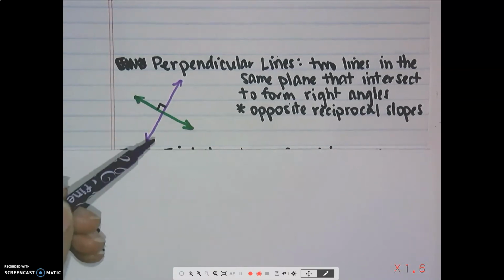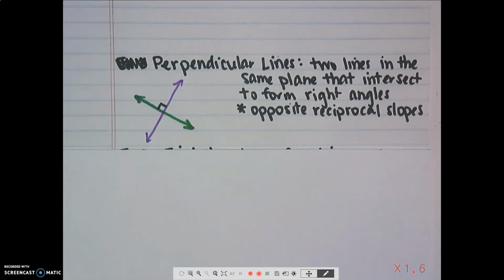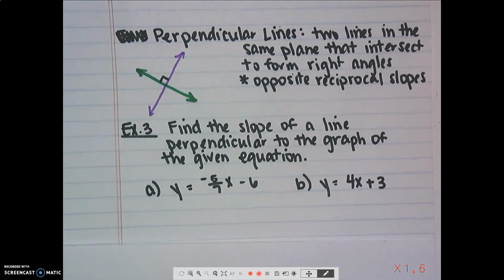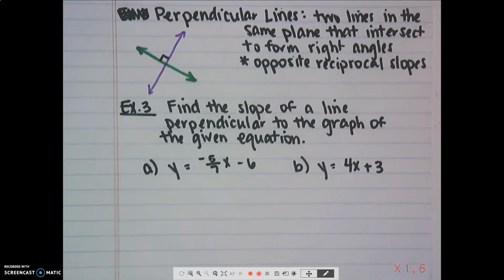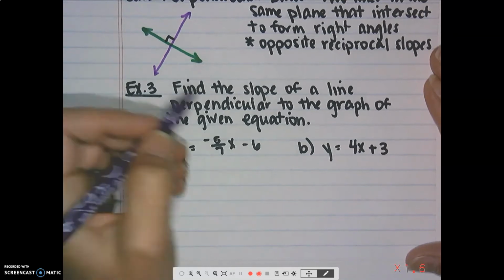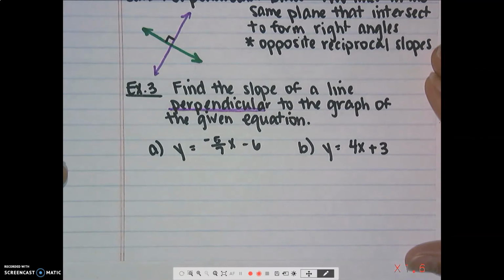Okay, so here's an example of perpendicular lines. You notice that there is that right angle symbol in there. That's how we're going to prove or know, looking just at the picture, that they are right angles. Okay, that they're perpendicular. So here we're going to find the slope of a line perpendicular to the graph with a given equation. So perpendicular, okay? That means that we're going to have opposite